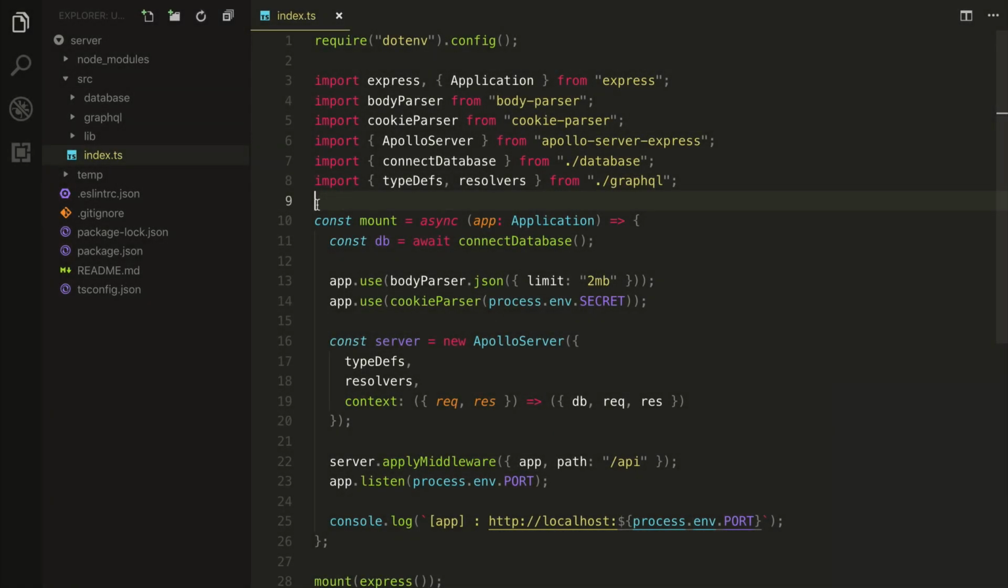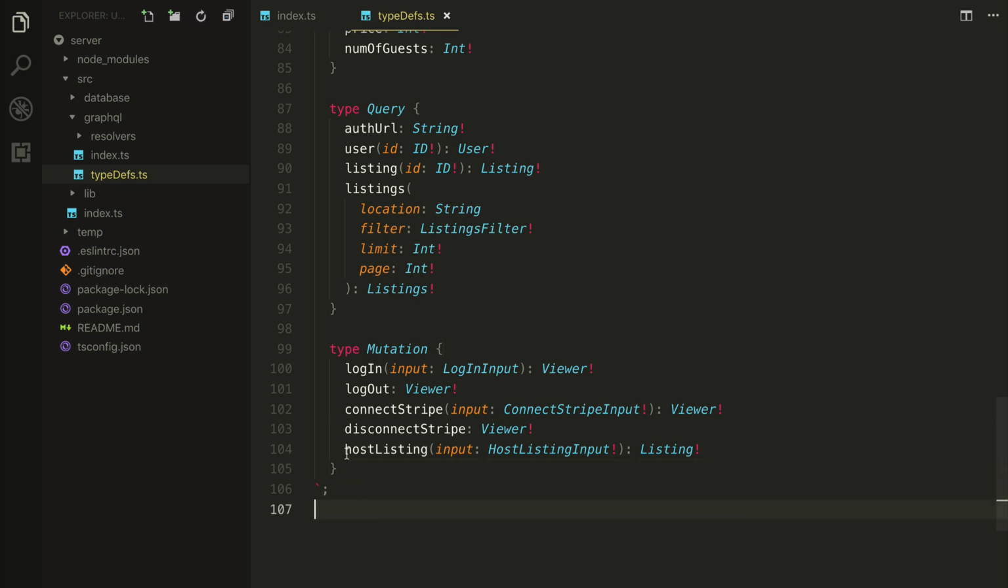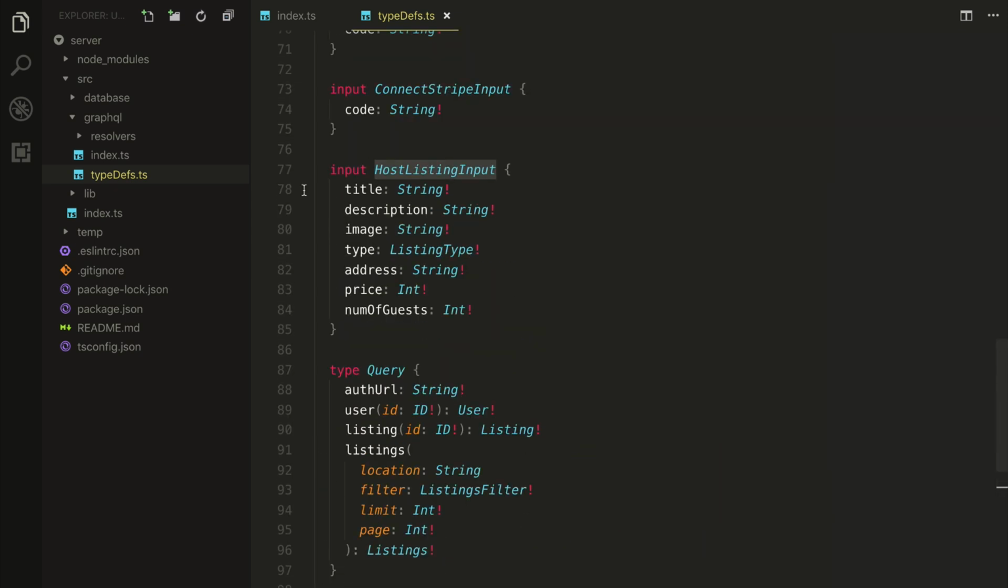In this module, we've worked on the functionality to allow the user to actually host, or in other words, create a brand new listing. In our GraphQL type definitions for our server project, we introduced a new root level mutation field called host listing that accepts an input of host listing input object type. And this input object type contains a series of fields we expect the user to provide in the client to